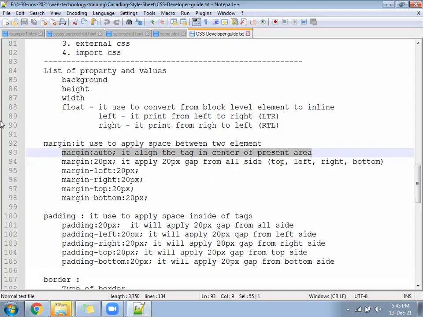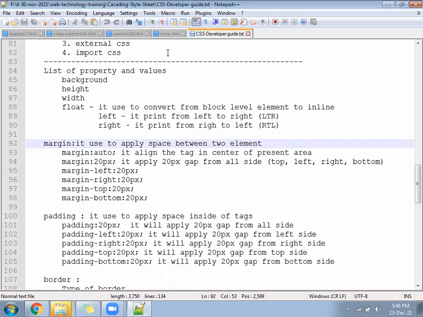Next, text align is to align the text in the center, not to bring the container in the center.